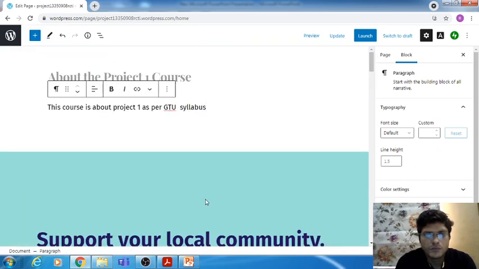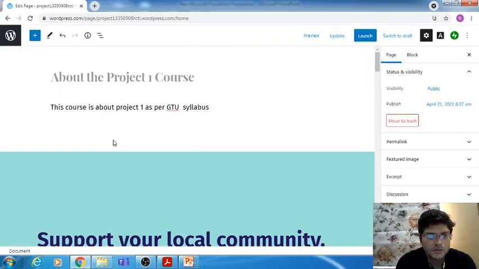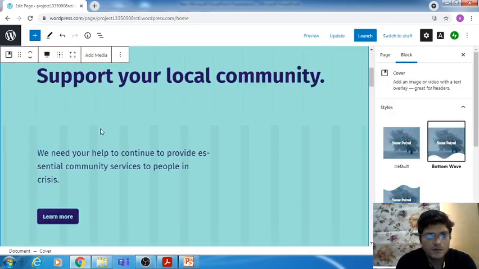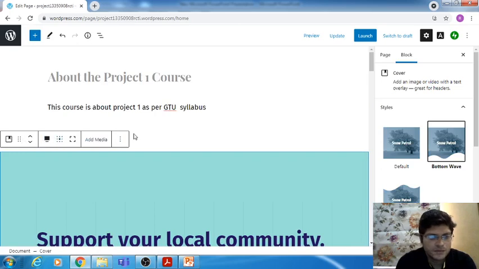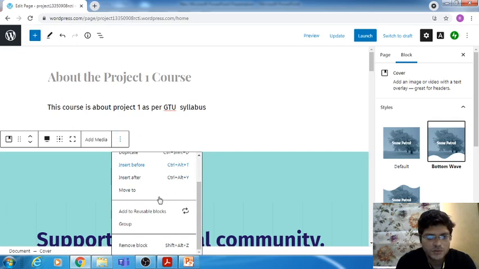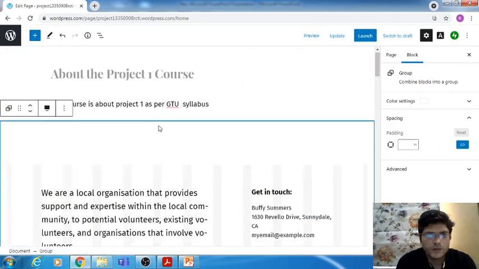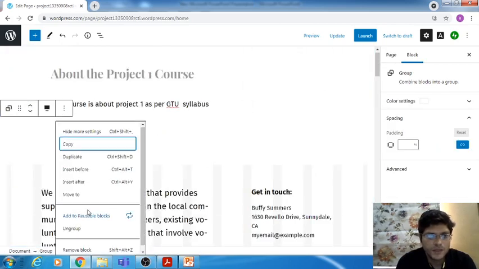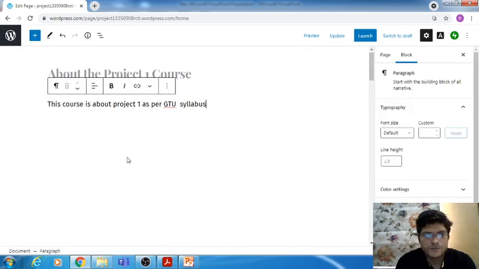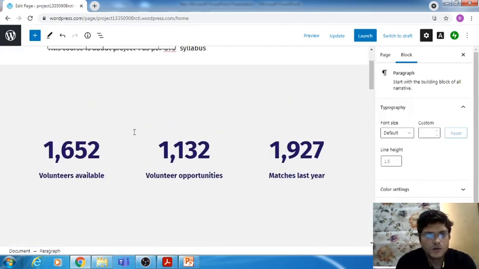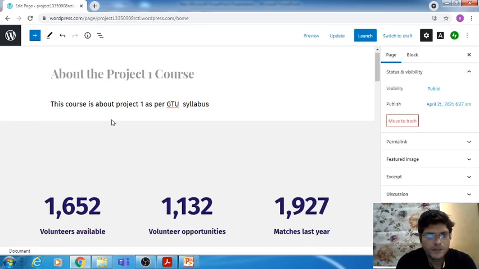If you want to remove those things, then you just click on one of the parts, and such a tab will get opened, and on these three dots, if you see the options, you can just remove those blocks, because we don't require those blocks. So we are just removing the unrequired blocks. Those blocks are there; you can keep them or you can better remove them.